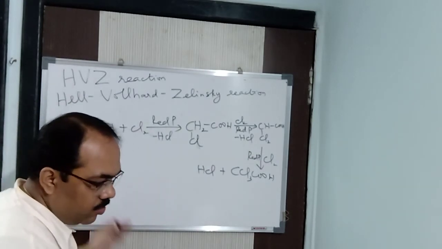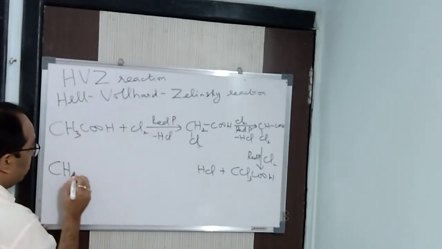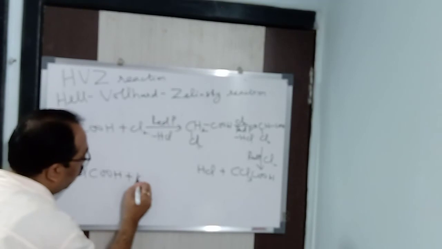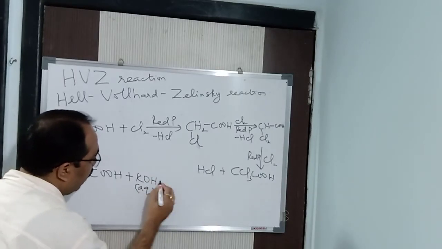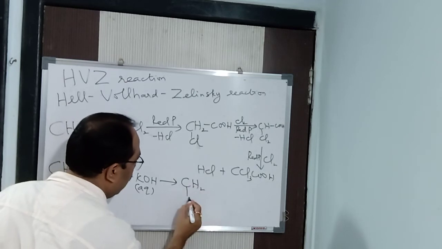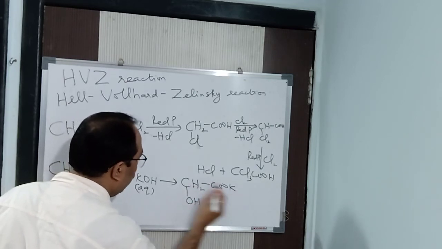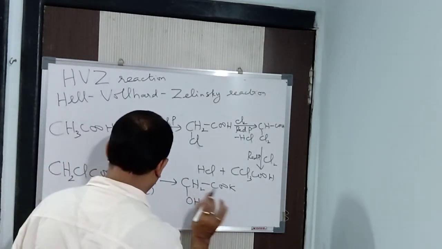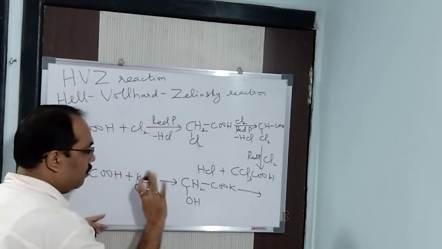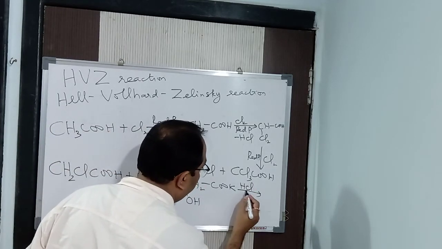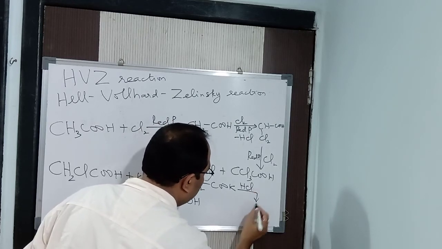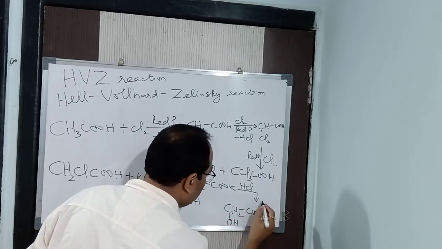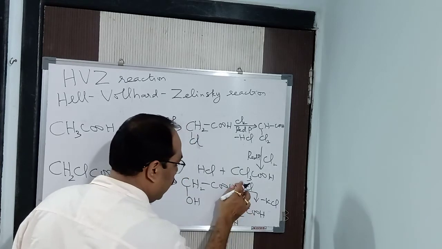So here, one example I will give it to you so that you will understand it. Let us take CH2ClCOOH. This compound I am taking. I am reacting with aqueous KOH. What will happen? This Cl will be replaced by OH, and you will be getting CH2OHCOOK. Now, I don't want this K, and I am not interested in the secondary product, that you forget. Now, what will I do? I will react with HCl. So what will I be getting? CH2, this OH will be there, and here it will be COOH, and here you will be getting KCl. H will come here.